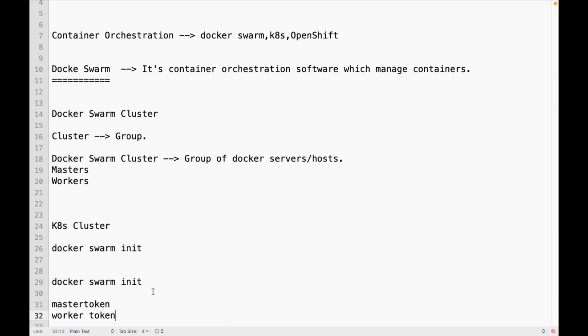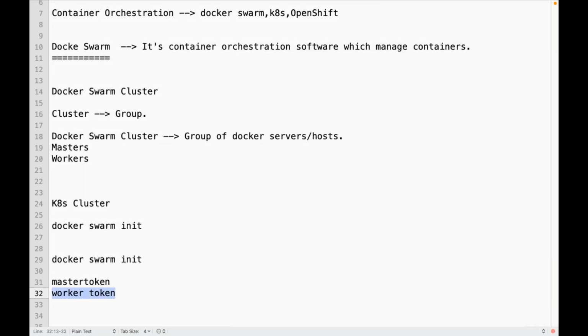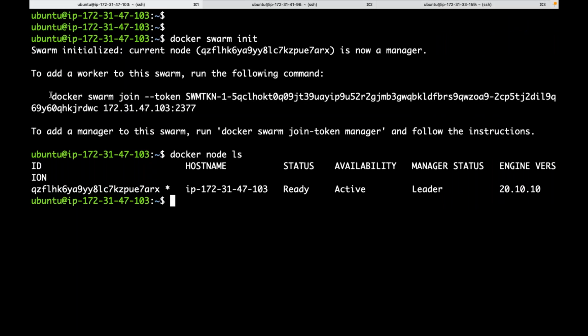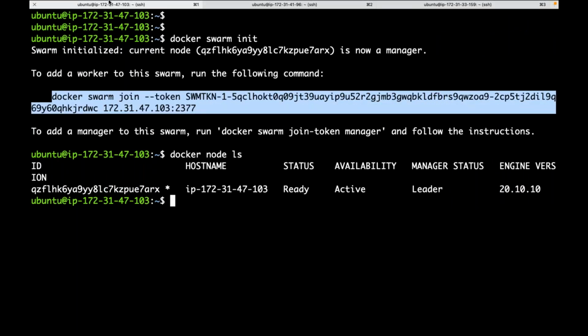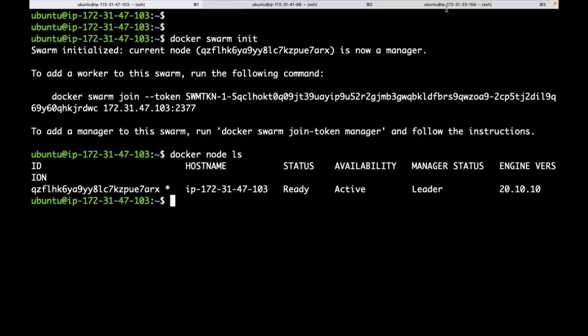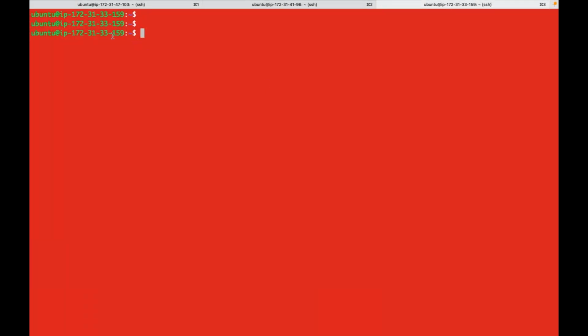So if I get the worker token and execute this worker token on another server, as which node will it join the cluster? Suppose this is a worker token. If I take this token and execute it in this machine, this will be joined to that cluster as what? Will it be joined as a master or worker? If I'm executing a worker token,